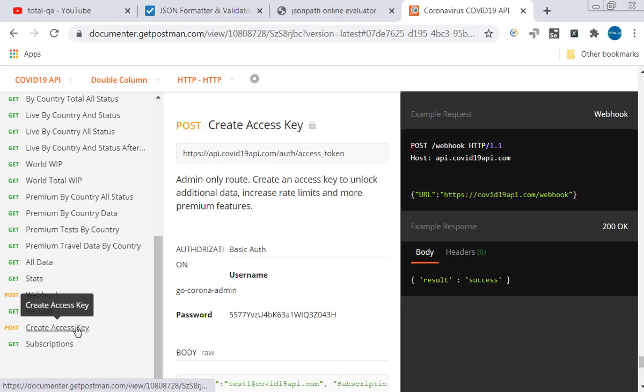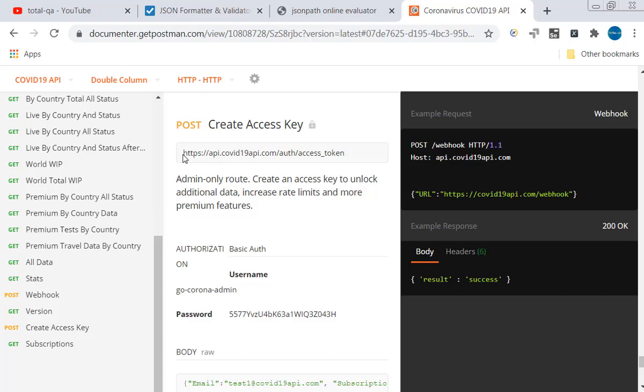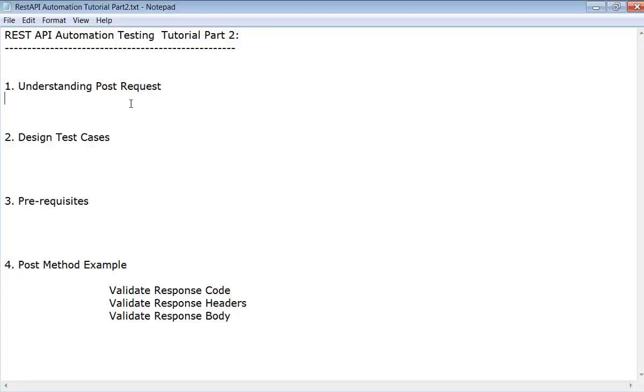Let me click on create access key. When you click on it, the REST endpoint URL for the POST request is this. Let me copy this information.